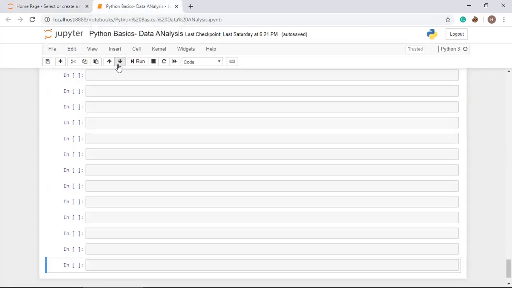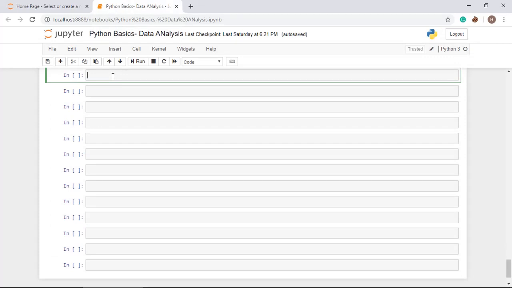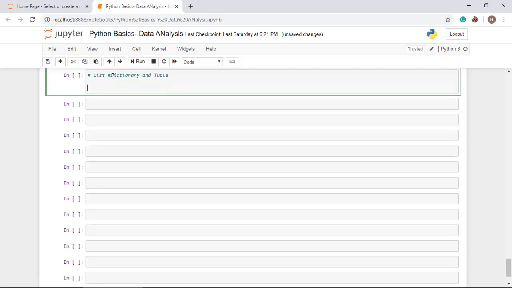So let's start our journey today. We have studied until the sequence. Now today we are going to study list, dictionary and tuple. These three are the main data types which we are going to use during our whole training program in data analysis.